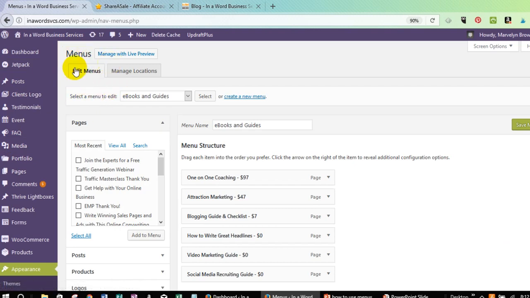Now you're going to land on the edit menus tab. And on that menu, you're going to be able to create a new menu by clicking here. And then this is where you're going to see the menus that I've set up. So I set up groups of pages and posts that I thought would help my readers to find the information